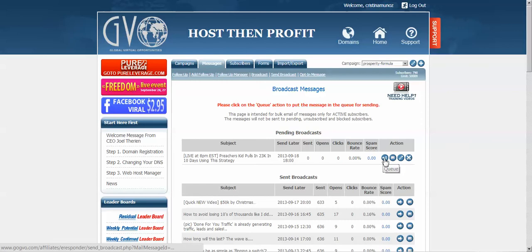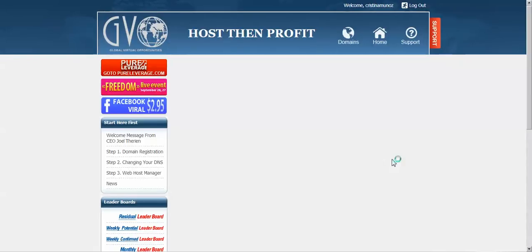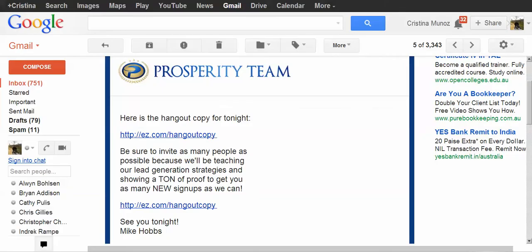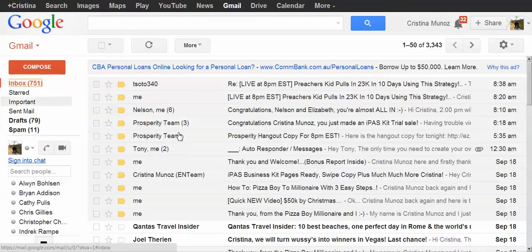You can queue it right away. I would not do that. First you want to test it, then you can edit. You want to test it because if it doesn't look right or something's wrong, you can then come back and edit it before you send it out. So I'm going to hit test. I always send a test message to myself first before I send a broadcast out to my list. You always want to do that so you don't look like a fool if it comes through looking funny. We've all done it. I've done it, so don't feel bad if you have.